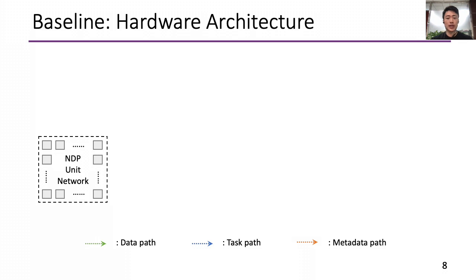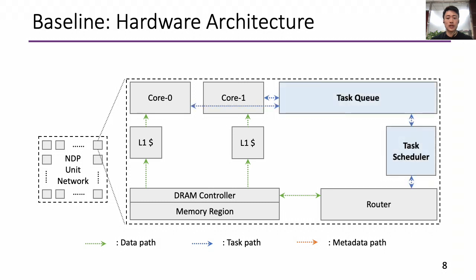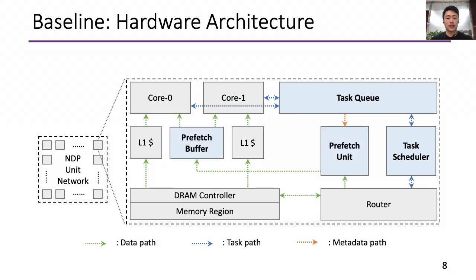Now we introduce a baseline hardware architecture. Here is a network of NDP units. This shows a traditional NDP unit architecture. There are two cores in each unit with their L1 cache. They can access the local DRAM and communicate with other units via the router. To support task-based execution, we add a task queue and a task scheduler. And since we have the data access information encapsulated in hints, we add a prefetch unit to fetch data in advance to the